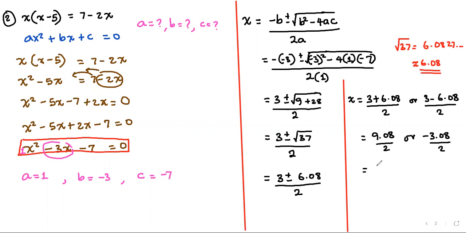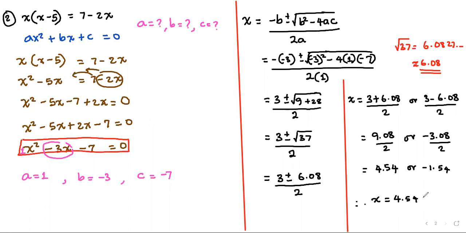You should be able to get 4.54. Now get negative 3.08 divided by 2. You should be able to get negative 1.54. So therefore, our 2 solutions are that x is equal to